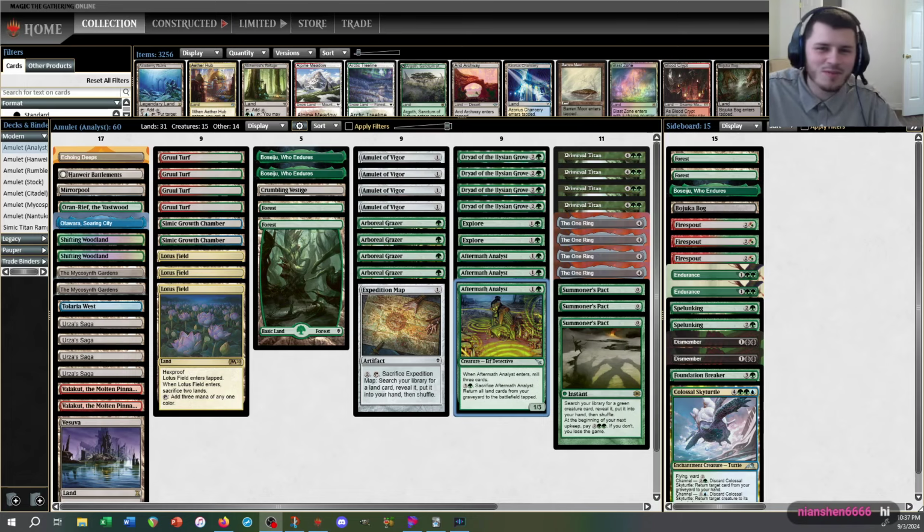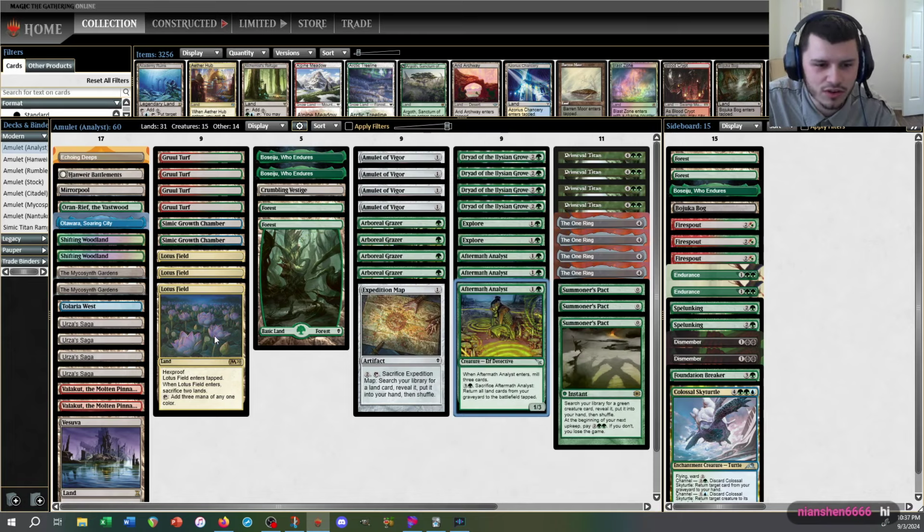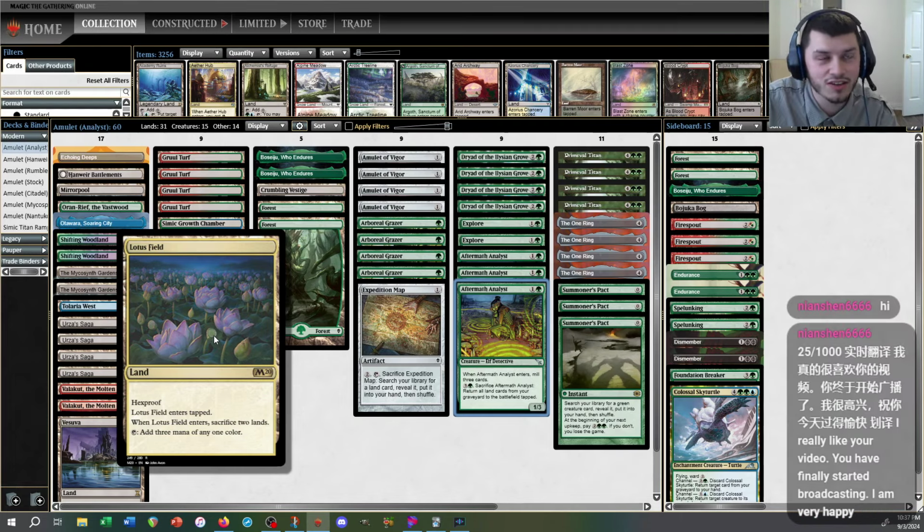Hello and welcome everybody. We are back at it again, this time with a spicy one. If you've been looking at Amulet deck lists in the past couple weeks, you will have noticed the takeover of Aftermath Analyst. I even made a video on how the single Titan double Amulet combo works with Analyst and Lotus Field, so I'm not going to go over that in detail here. I'll leave a link to it in the description of this YouTube video that I'm currently talking on but is